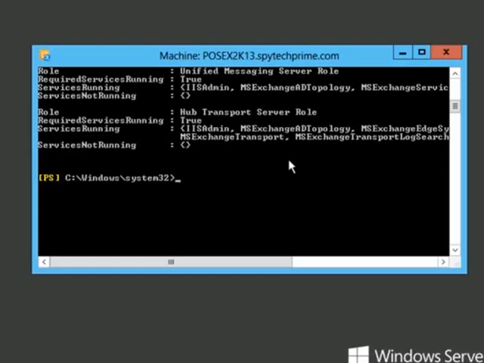So if we were using the queue viewer and the queue started to back up, we can run this kind of a test here. We can see if services are down, and we can do this pretty quickly. Another good test commandlet is test mail flow. We can run test mail flow,